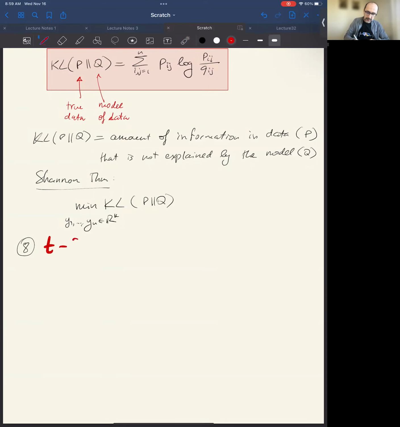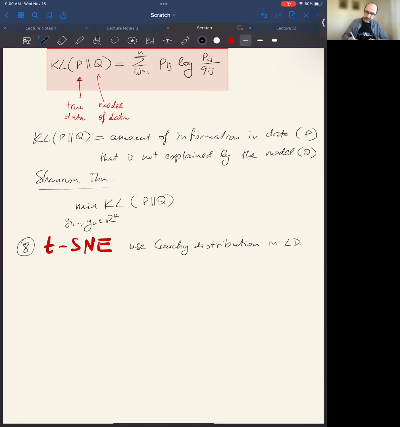So this is t-SNE. So instead, in the low-dimensional space, instead of the Gaussian distribution, use the Cauchy distribution, which has heavier tails, and therefore it's a little more forgiving for the outliers